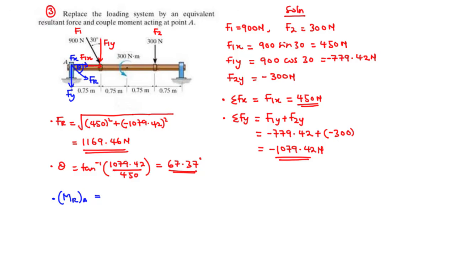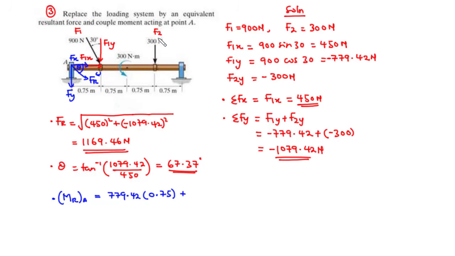Now for F1x, you realize that the line of action of this force passes through A, therefore the moment about A is 0. Now for F1y, we are going to take the clockwise direction. This is the force and this is the perpendicular distance, 0.75. So we have F1y as 779.42 times 0.75